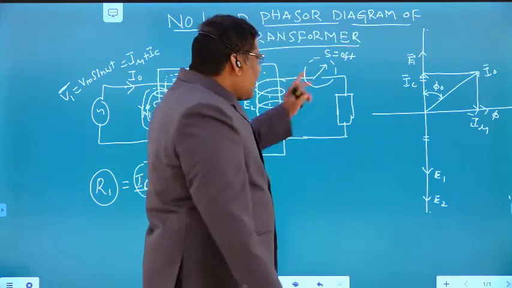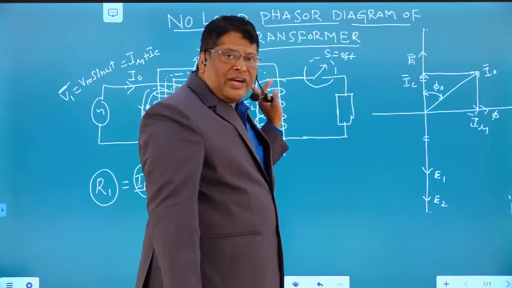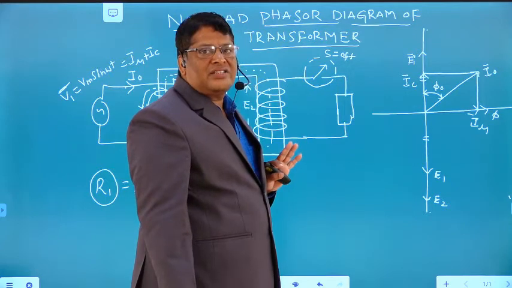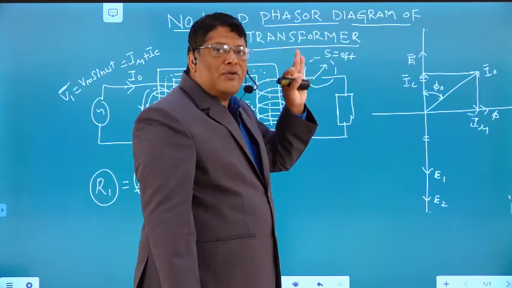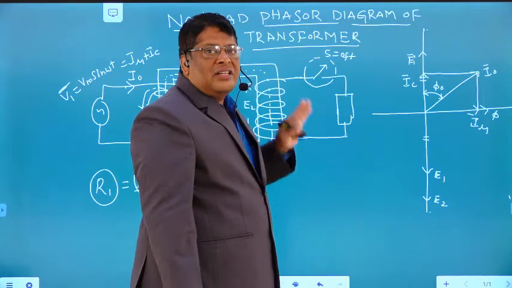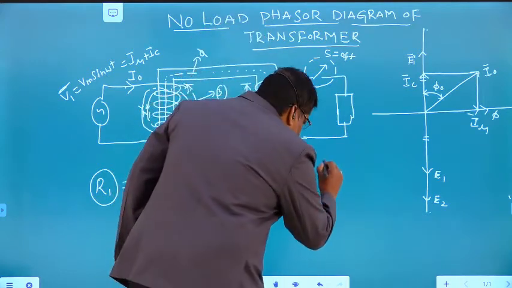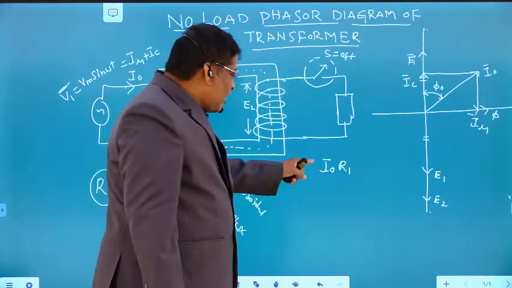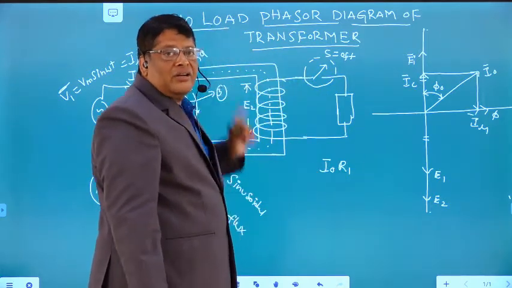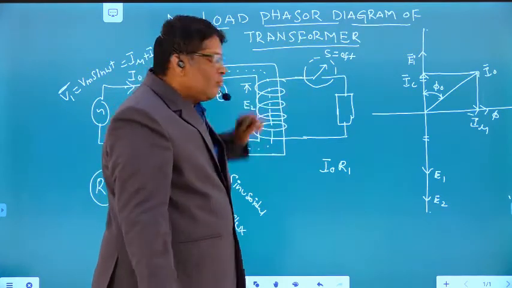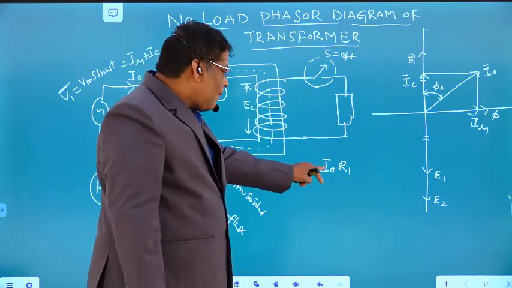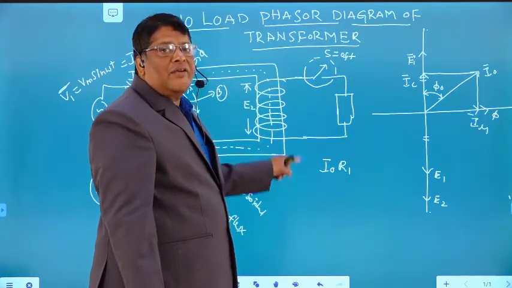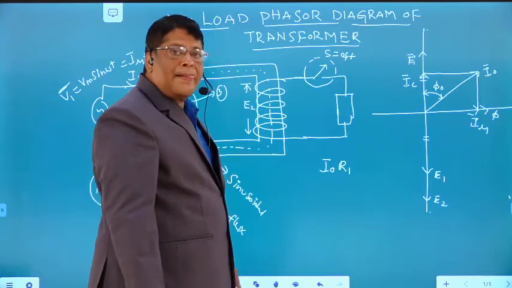Okay. So, when the current I0 is flowing through the primary winding, the primary winding has a resistance of R1. Now, there is some amount of voltage dropping in the resistance, that is I1 R1, nothing but I0 R1. Why have we taken I0 here? Because the current is I0; we are not connected to any load. I1 equal to I0, where I1 is the primary current, whereas I0 is the no load current.